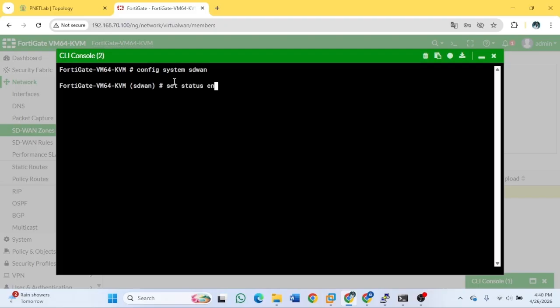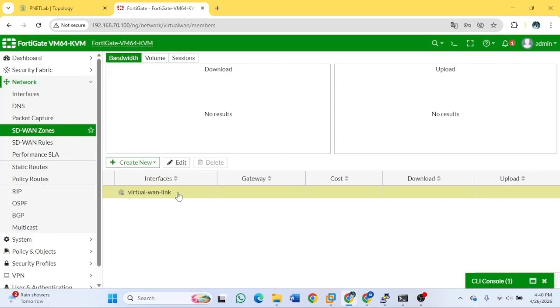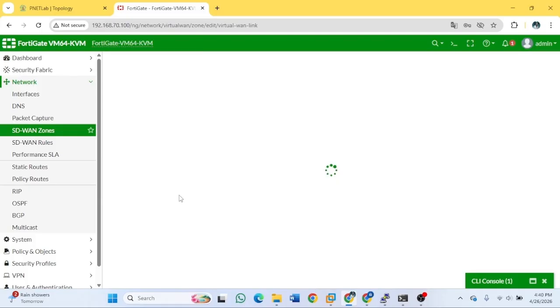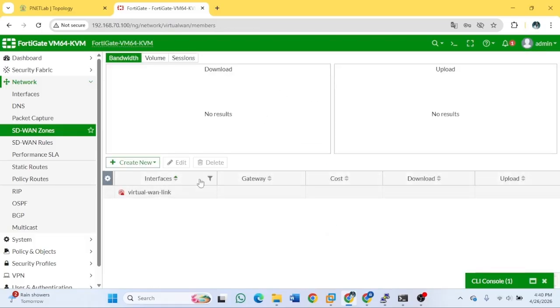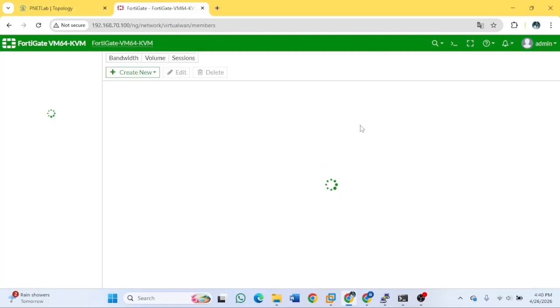Then edit, the interface members is none, and click OK. Okay, the virtual one link is on.